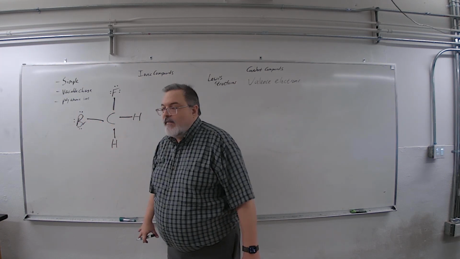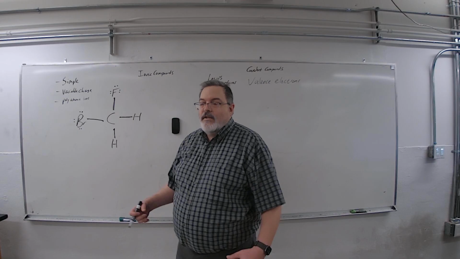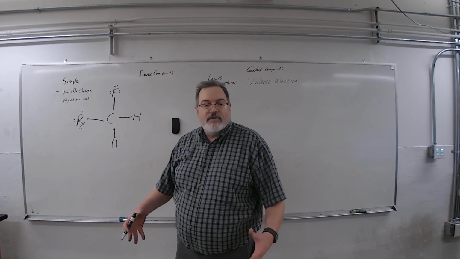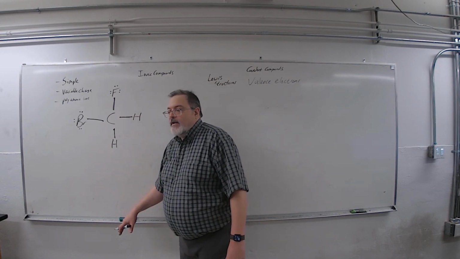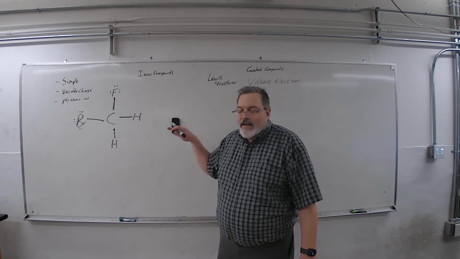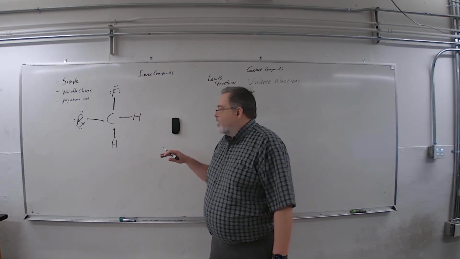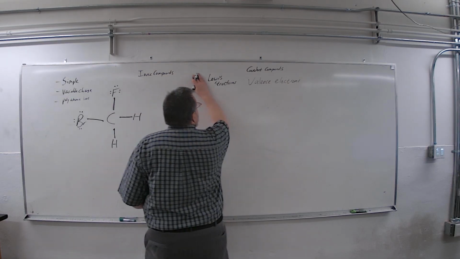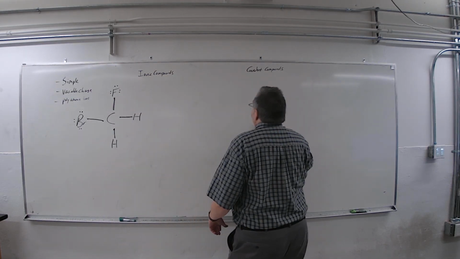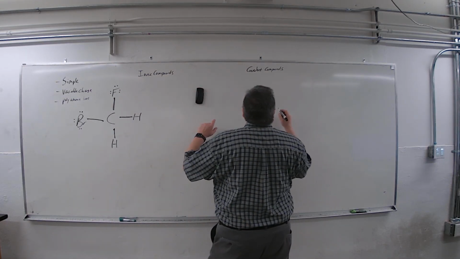In this whole structure, I have exactly the same number of protons in the nuclei as I have electrons in the structure. All the electrons are pictured. These were the valence electrons. There were some other electrons. But we'll get to talking more about the structure later. I wanted to say that just to say